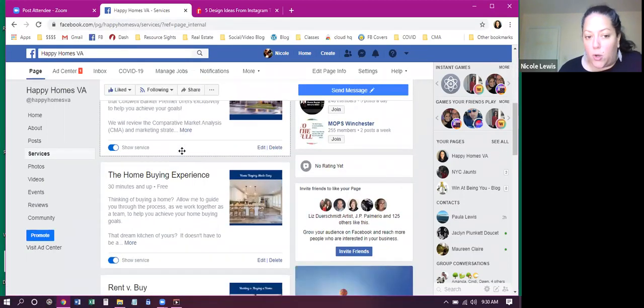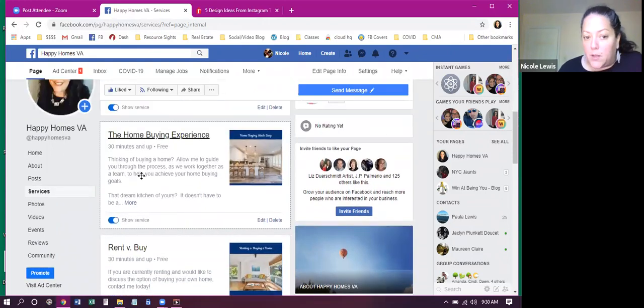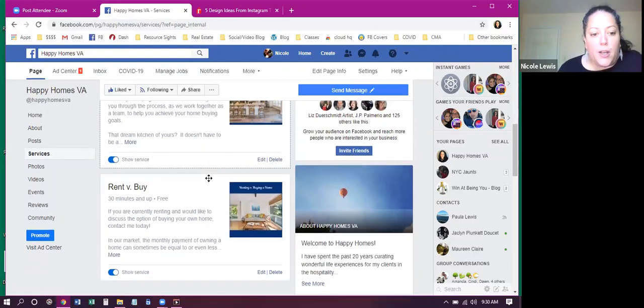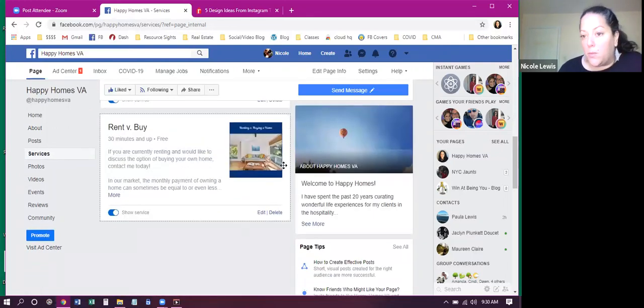So I did how much is your home worth, the home buying experience for anybody who's interested in buying a home, and I put like a fancy little kitchen here, and then the rent versus buy with a living room photo. And I used Canva to create these images very easily. And here on the sidebar,